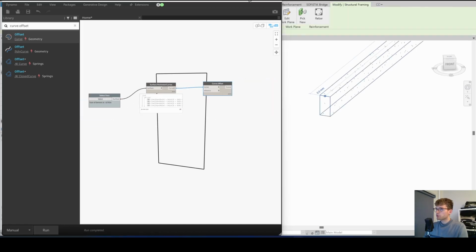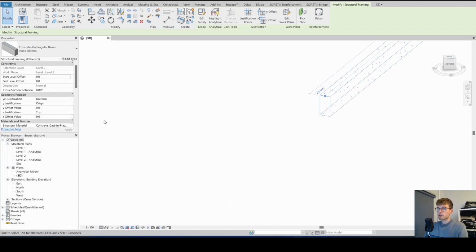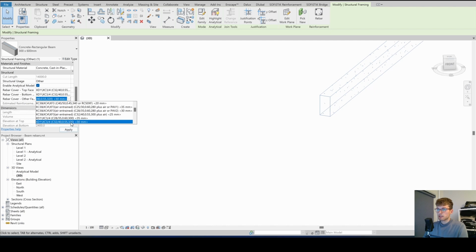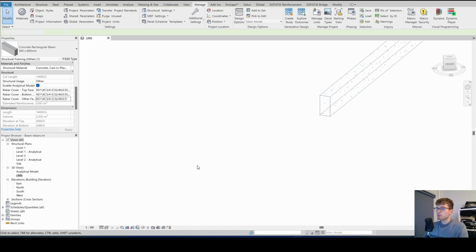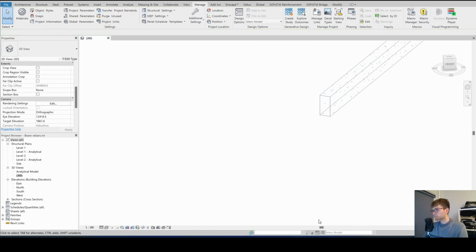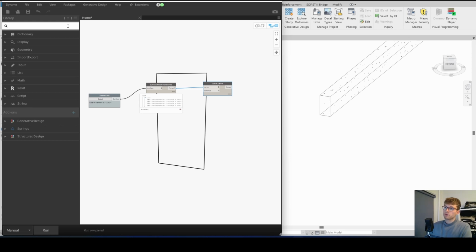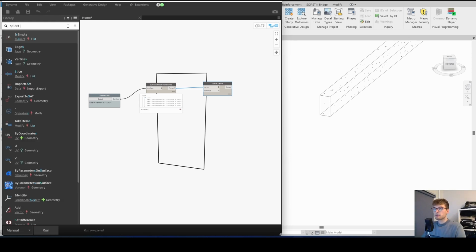Let's have a look first at the beam, because we get a parameter here that is giving us the cover of the beam, and that is in our case basically this one, 30 millimeters rebar cover. And yeah, you can select different ones for different surfaces, but usually you have the same one in most cases. And so we're trying to get that value from that parameter, and so for that we need, of course, to select the beam,